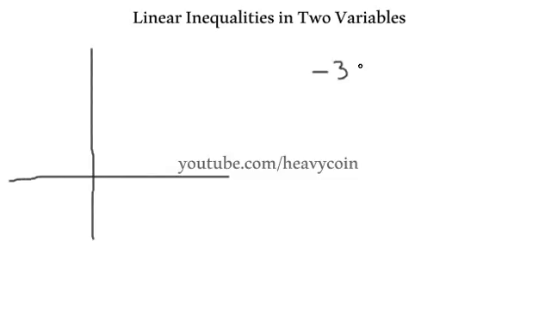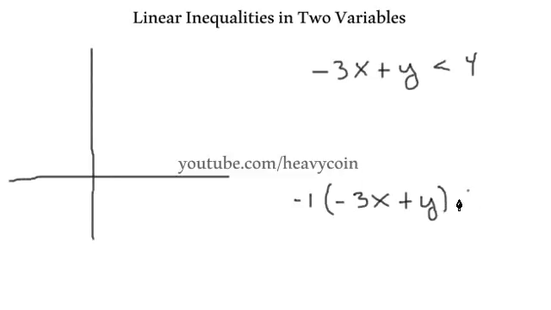How about -3x plus y is less than, let's say, 4. Okay, so step 1, let's get this in standard form before we do anything. That means we multiply through by a negative all the way across. So I'll just bring this down right here. So we want to make sure that we multiply this by a negative to both sides, -1 to both sides, right? So it's going to make that a 3x minus y is greater than